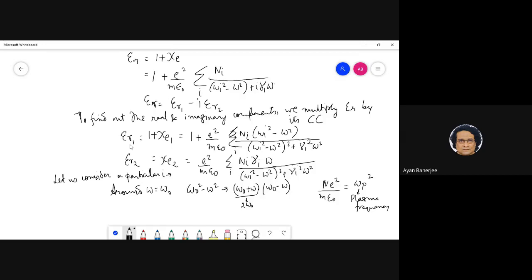Longitudinal field means what? What phenomena do you think you can induce? You can appreciate what I'm saying, right? I'm basically saying that you have an electric field component in the direction of the wave vector itself. It is completely that. Where did you see this situation, a similar type of situation?